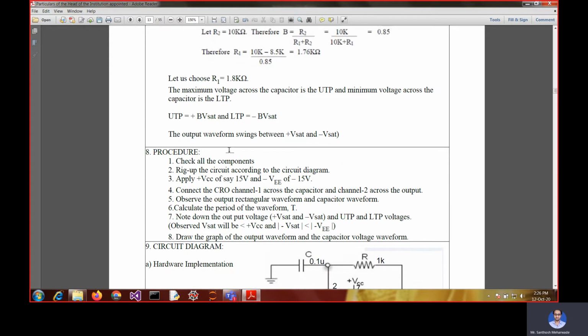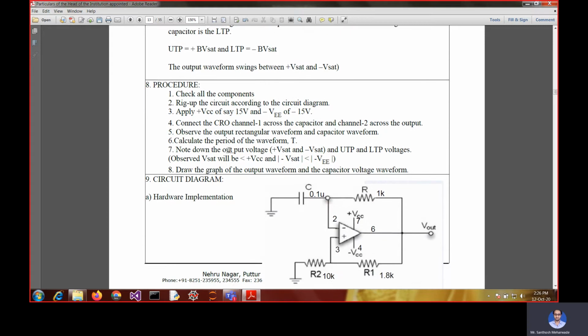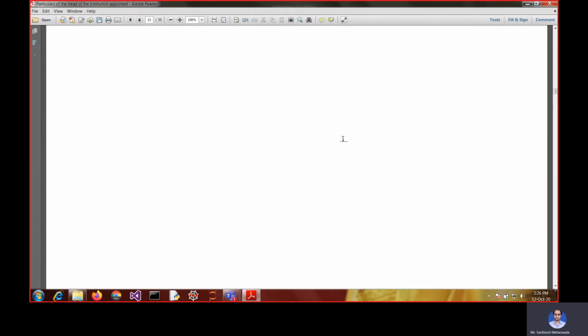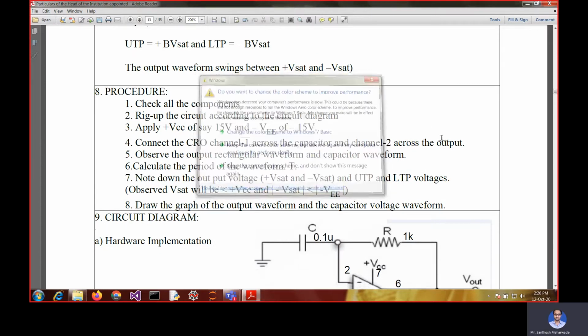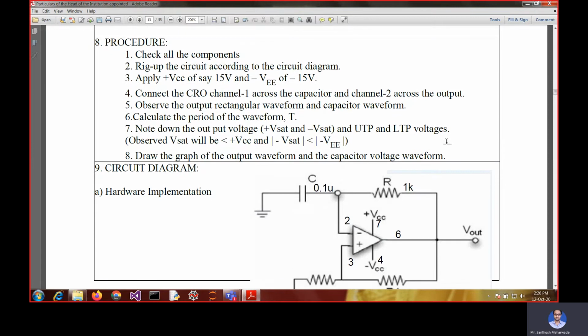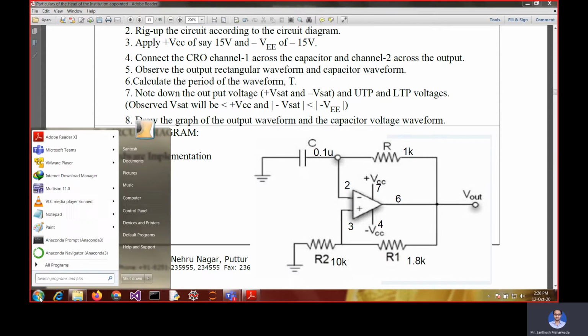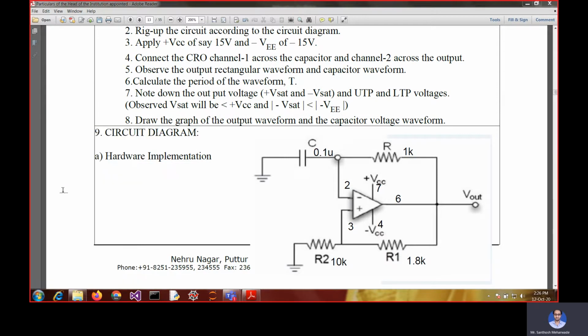So these are the things that we have observed, and this is our circuit diagram. This circuit diagram will be used to plot the circuit on our simulator, and we can execute it and see whether we are getting the appropriate result as we have designed in our design part. Fine. So let us switch to Multisim. This is our figure, and based upon this figure we are going to work. So let me go to Multisim.